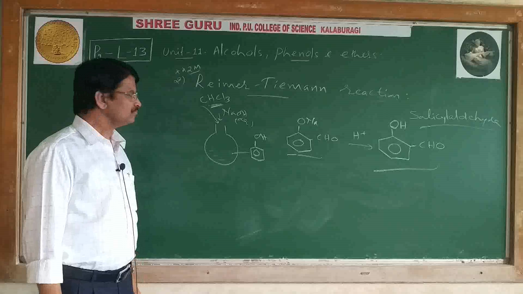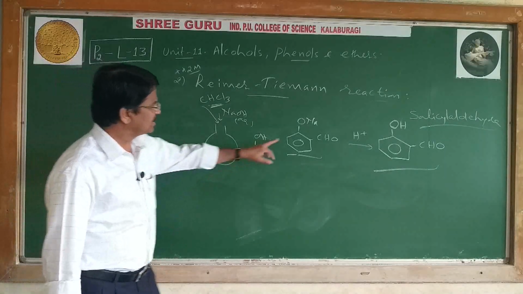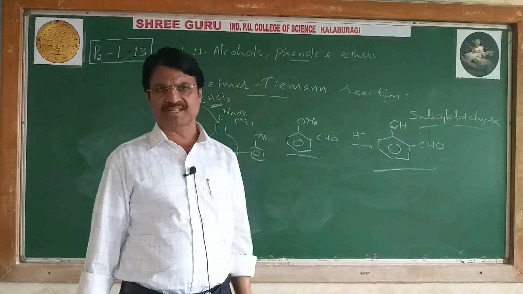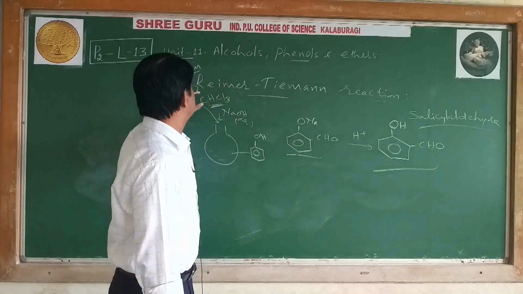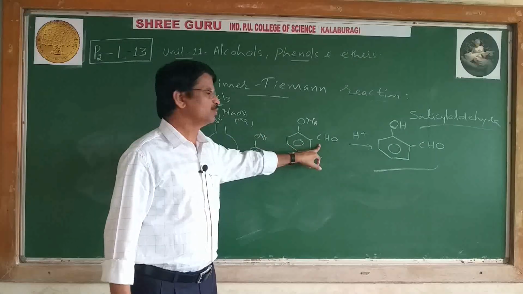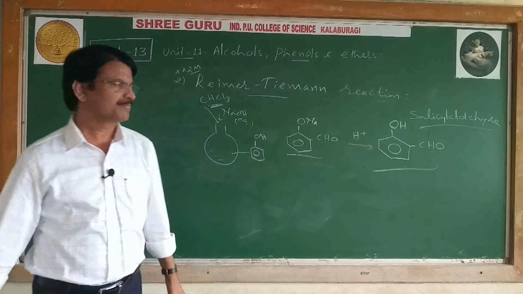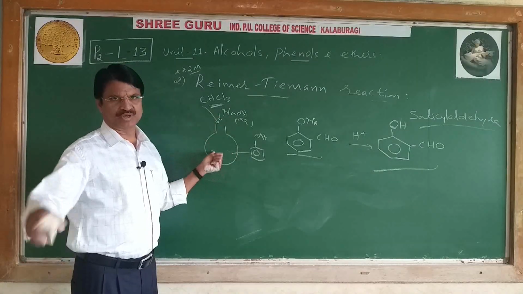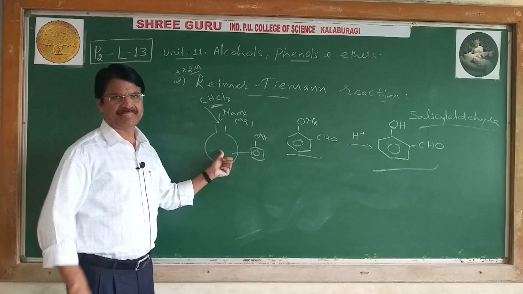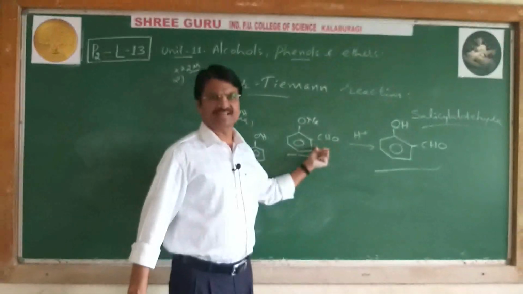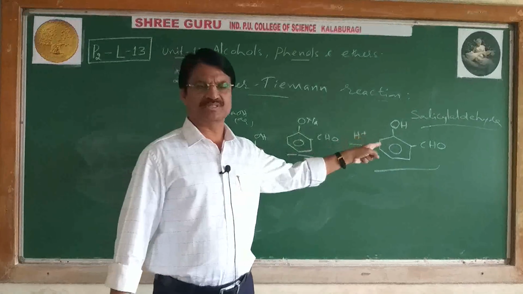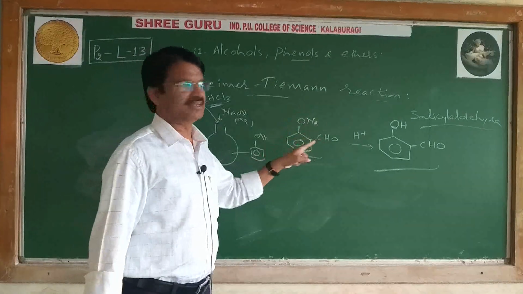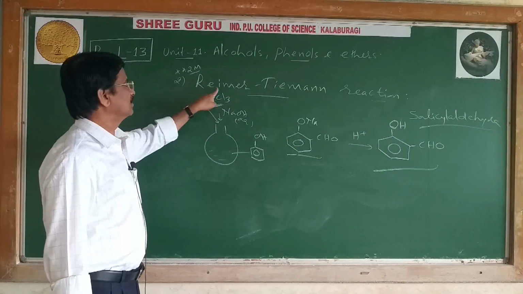Now I will tell you the mechanism of how CHO attacks the ring, just like in Kolbe's method, where I told you how CO2 attacks the benzene ring. Now I will tell you how CHCl3 attacks the benzene ring to convert into CHO. Experimentally we can show it like this. First phenol is taken, NaOH added, sodium phenate is formed, then treat with chloroform and heat. On heating we get the sodium salt of salicylaldehyde, and finally upon acidification we get salicylaldehyde. We get salicylaldehyde if chloroform is used in the Reimer-Tiemann reaction.